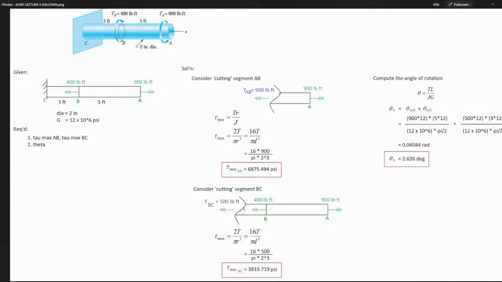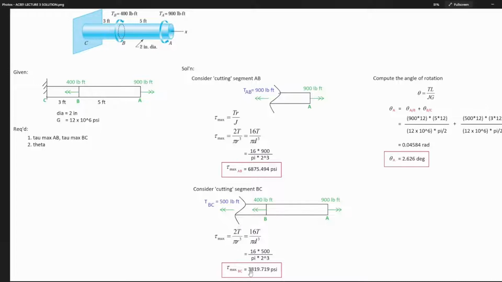So, what is missing? You should have 500 to the left also. So, that 500 pound-foot is now the torque in BC. Again, you use the equation, and upon solving, you will get the maximum shear stress for BC equal to 3,819.719